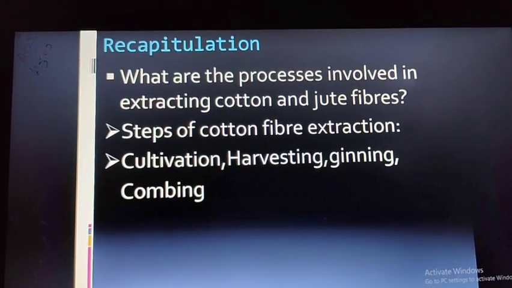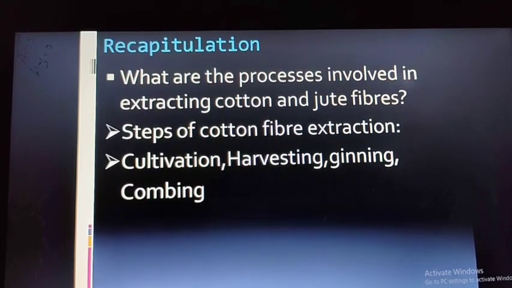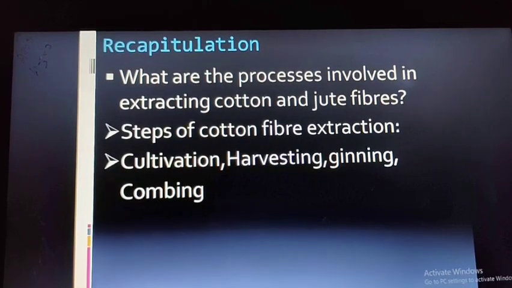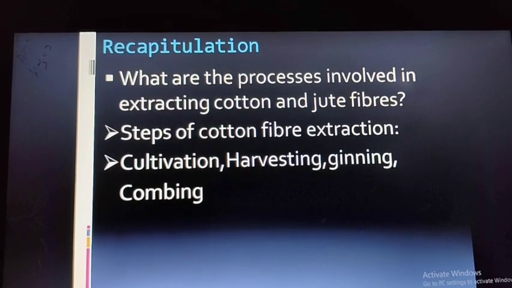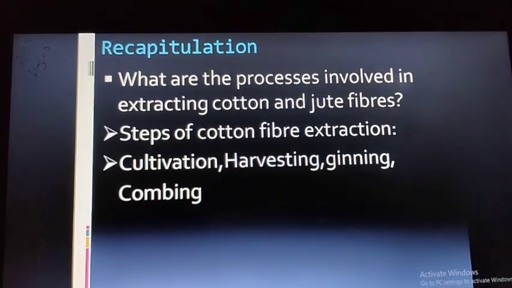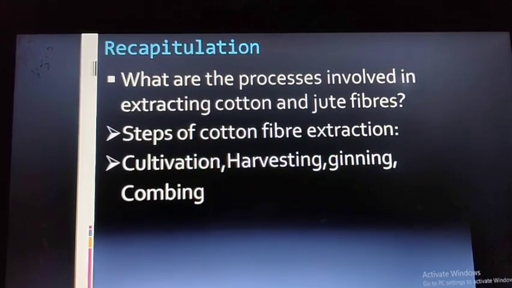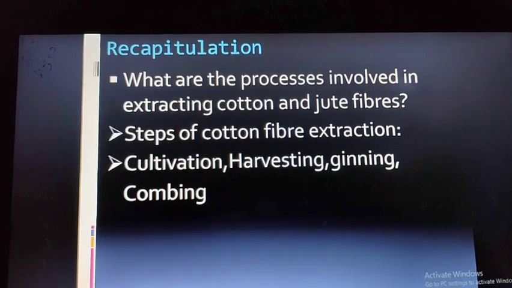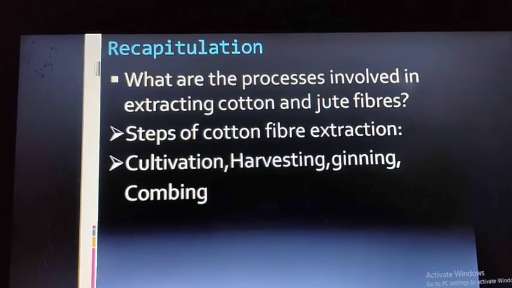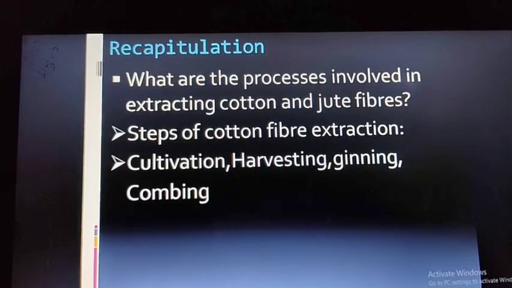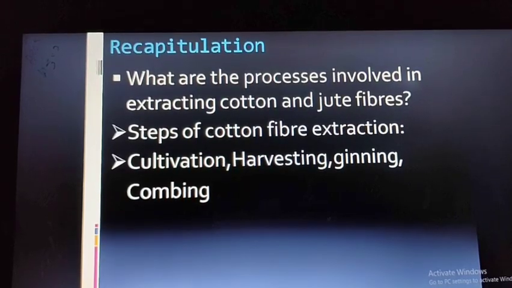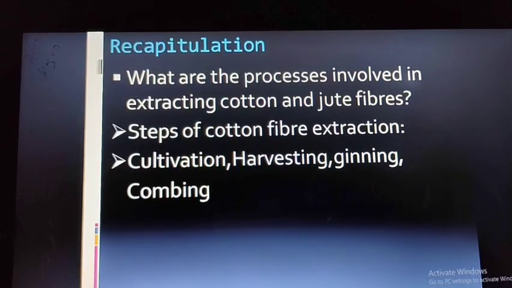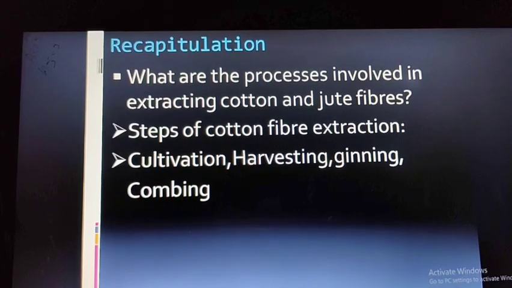Inside the fruit of the cotton plant, fibers are present which cover the seeds. This is the right time to harvest the cotton plants. After harvesting, they are sent to the factories for the process of ginning. In the process of ginning, the seeds of the cotton fibers are separated and the fibers are used for making fine quality cloths. Combing is the process of making fiber smooth and untangled.